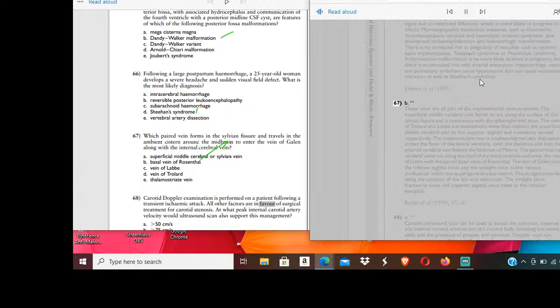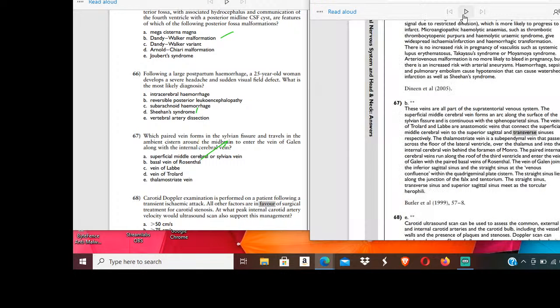These veins are all part of the supratentorial venous system. The superficial middle cerebral vein forms an arc along the surface of the sylvian fissure and is continuous with the sphenoparietal sinus. The veins of Trolard and Labbé are anastomotic veins that connect the superficial middle cerebral vein to the superior sagittal and transverse